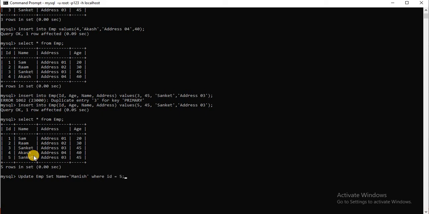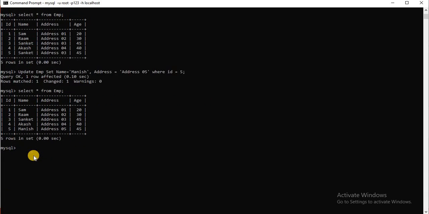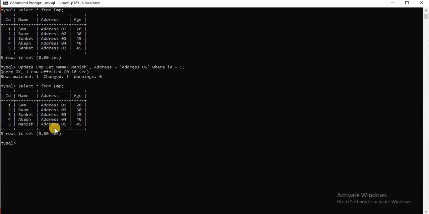I also want to change another column, the address, so I type here address, suppose address 05. So ID 5 is updated.